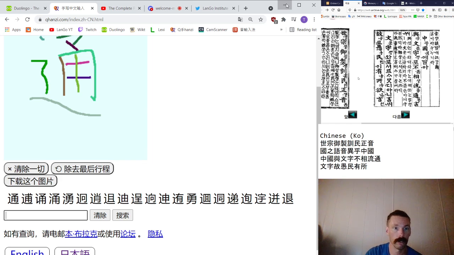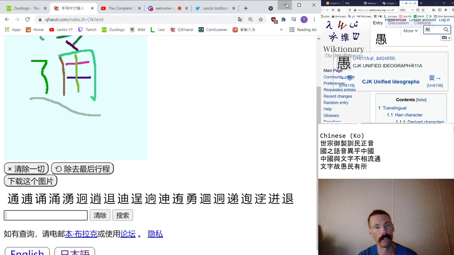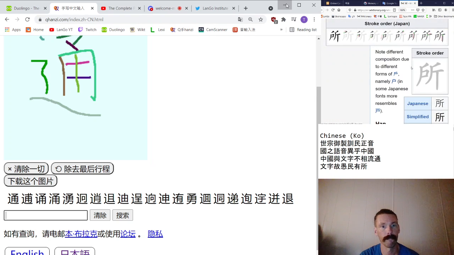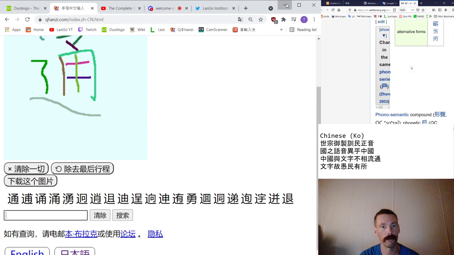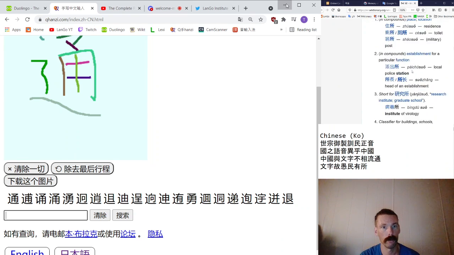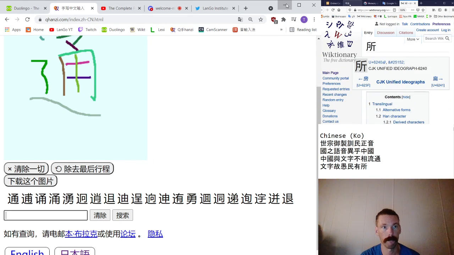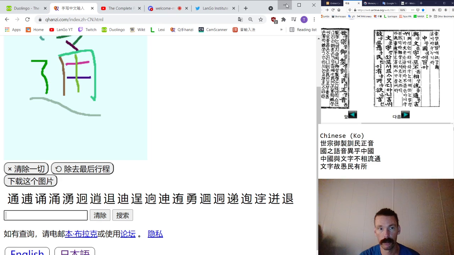Good thinking. It looks like a solid line on top, but that's just two next to each other. It's two components. It's the gate and the axe are the two. And if we just look at old forms of this, we might see some. Well, this doesn't have too many. Or any old forms here, does it? No, not for this one, because it's a compound character. It doesn't generally. Let's assume it's that. It gives a good reading, a good sentence.